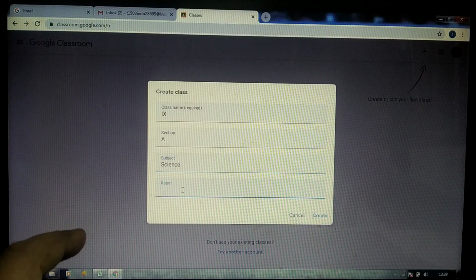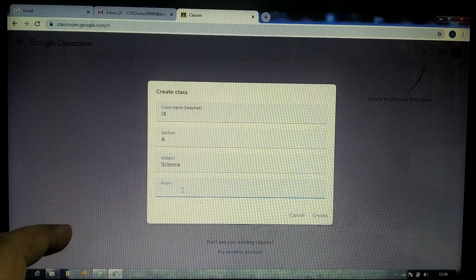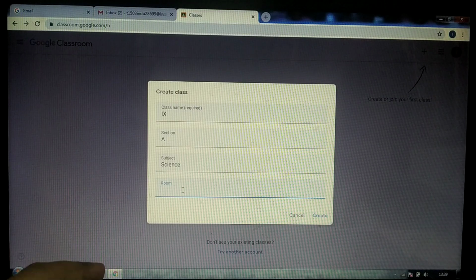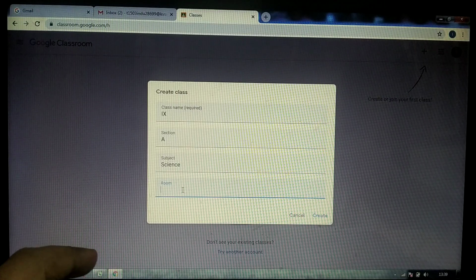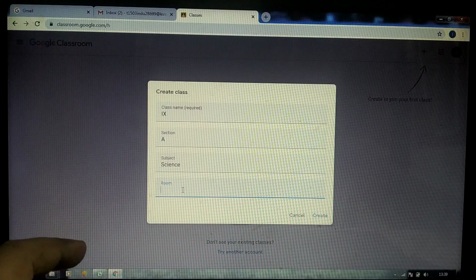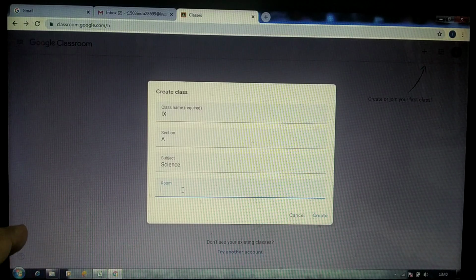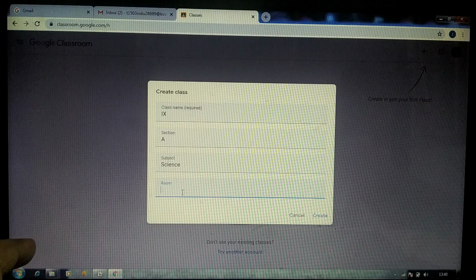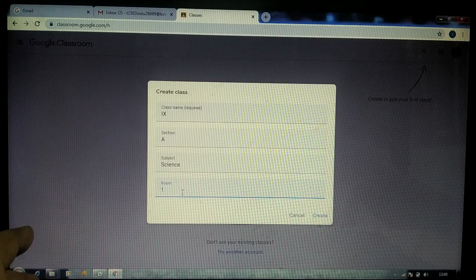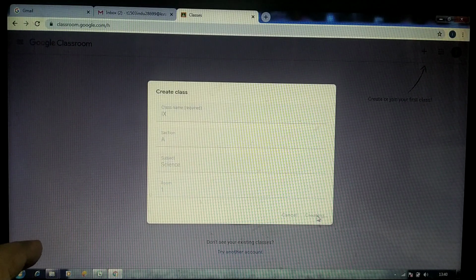And room. For example, if a teacher is taking 4 different classes like 9th A, 9th B, 10th A, 10th B, then for his or her convenience, he can give different numbers to the classes. So here for 9th A I am giving default 1 and I am going to create the class.